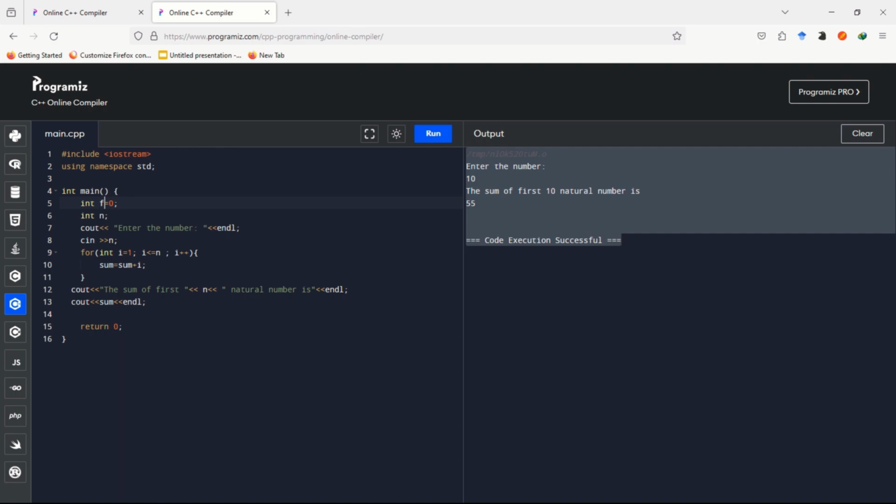So here we write factorial equal to 1, and here in for loop we will also write factorial in place of sum and multiply it with I. So here we also modify this thing, the sum of n is to be replaced by the factorial of n is, and here we will replace sum by factorial again,